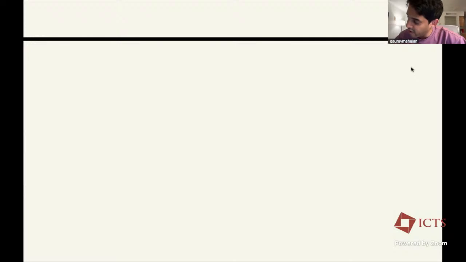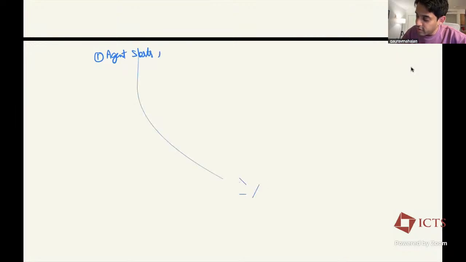So, recall we had this setup where the way we interact is, the agent starts in